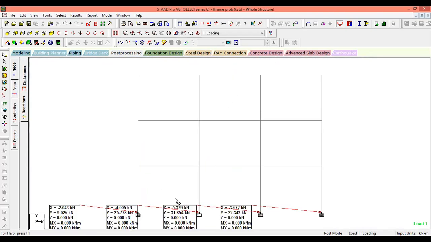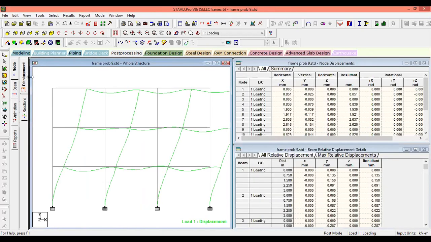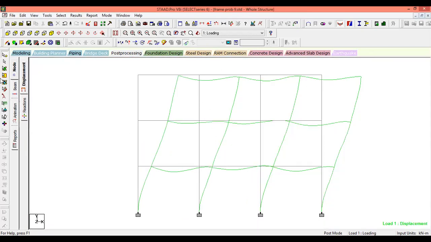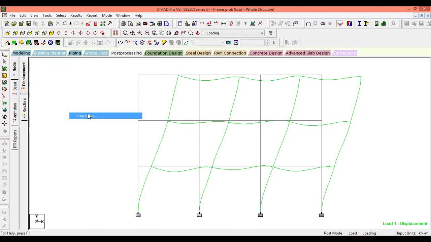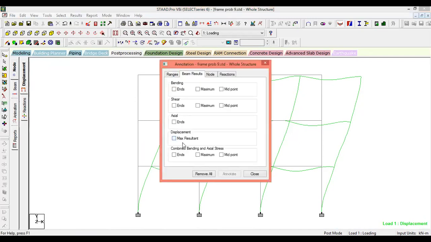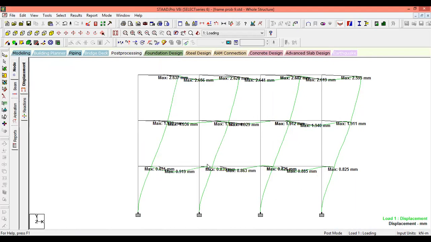Then these are the reactions. And again, displacements if you want, you can get the displacement here itself. Also, if you want the result of the displacement, go to result, view value, then select displacement. You will get the displacements also.